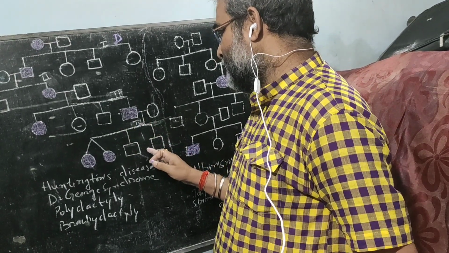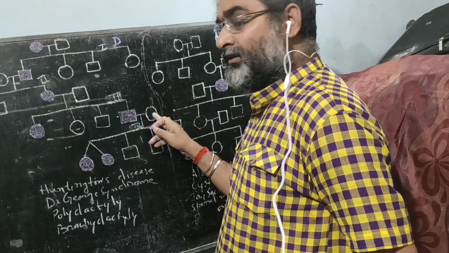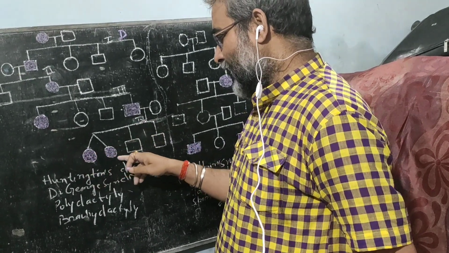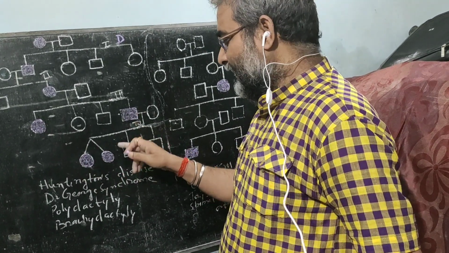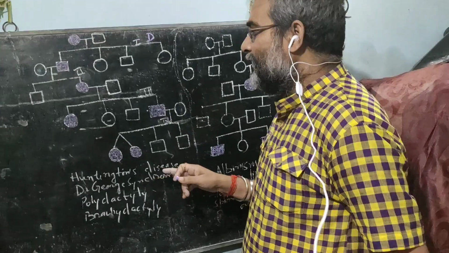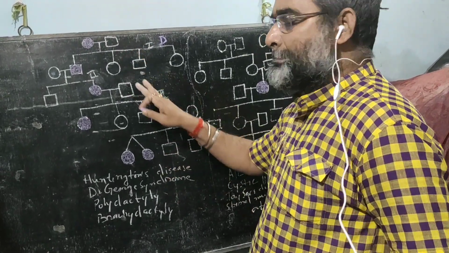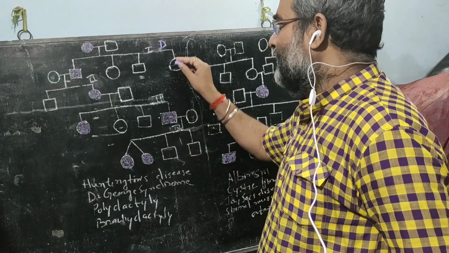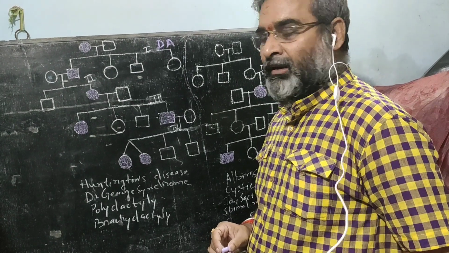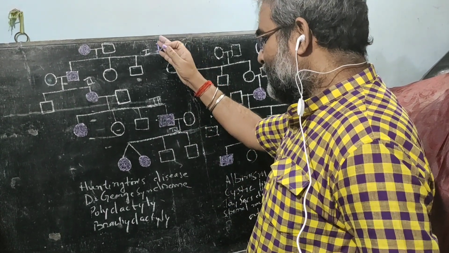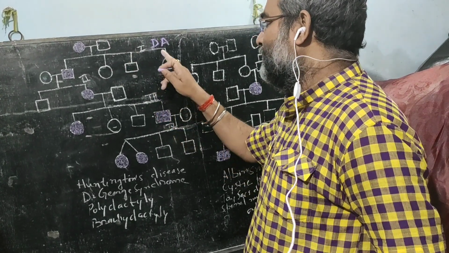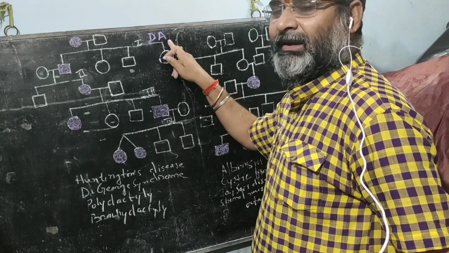If we observe here, the mother is normal and the father is defective, and the homozygotic twin is affected. The nature of the transfer of the trait from one generation to another clearly indicates that it is not sex-linked. That means it is autosomal. So you clearly observe that the pedigree represents a trait of dominant and autosomal linked nature.